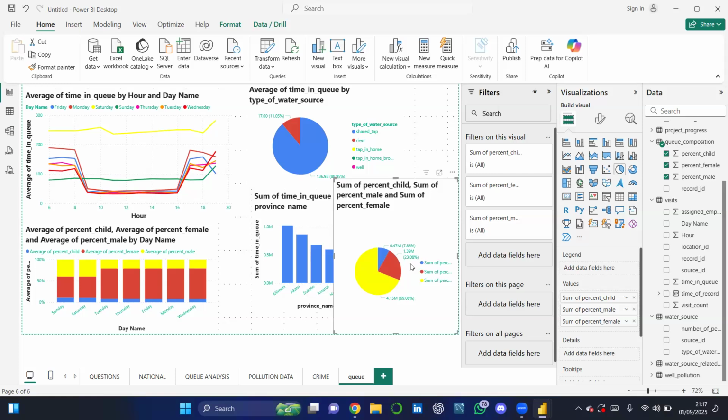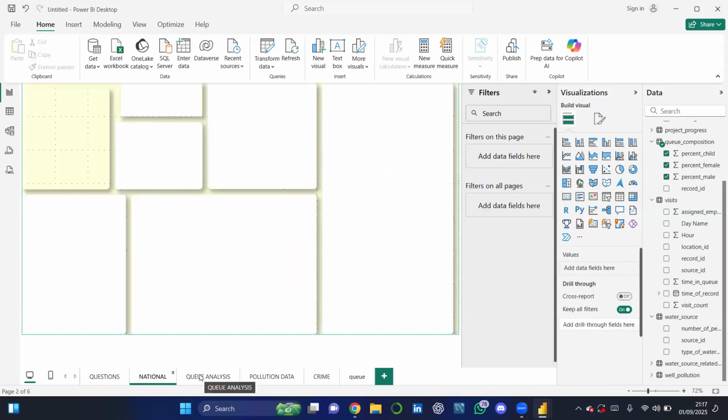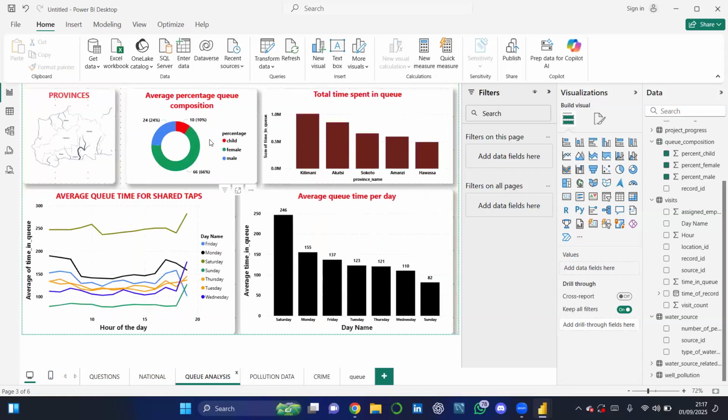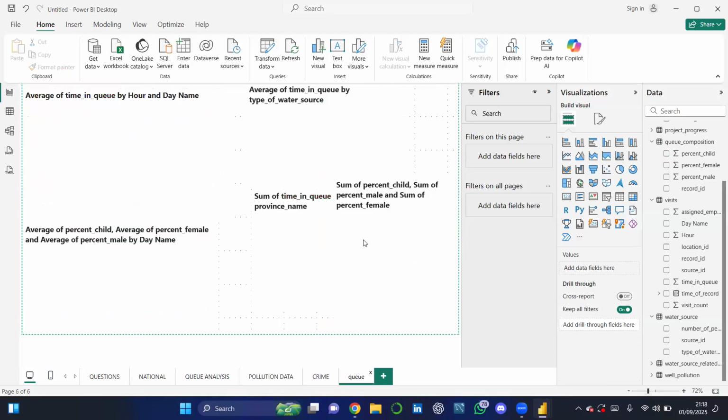We can actually filter our data to only include values for shared taps. Because if you look at what we are having here, you can notice that children are taking 10%, females are taking 66%, and men are taking 24%. But from what we are having here, we are having